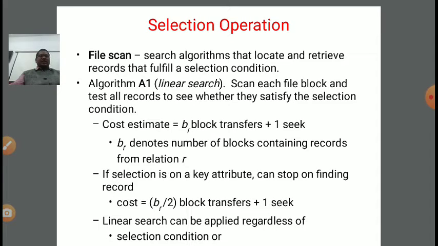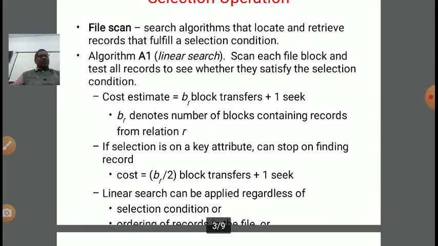Now, if the selection is on a key attribute, which can be a primary key, or foreign key depending, or a set of key attributes, then we can stop on finding the record. So the cost will be BR/2 block transfers plus 1 seek. The number of block transfers is divided by 2, and the 1 seek remains as it is.